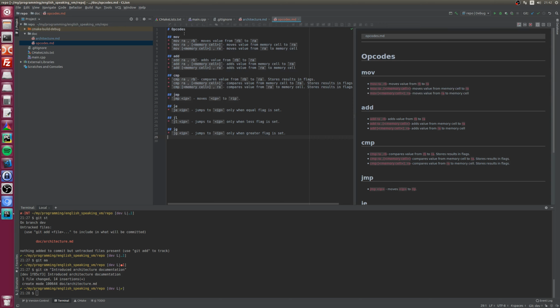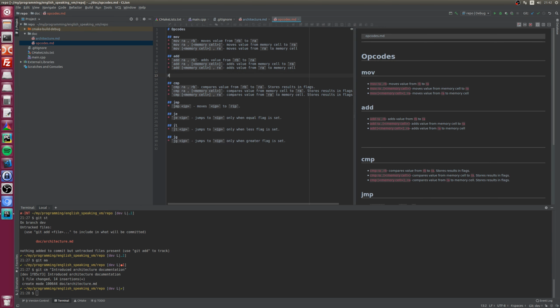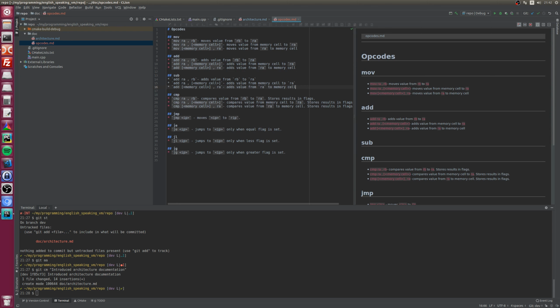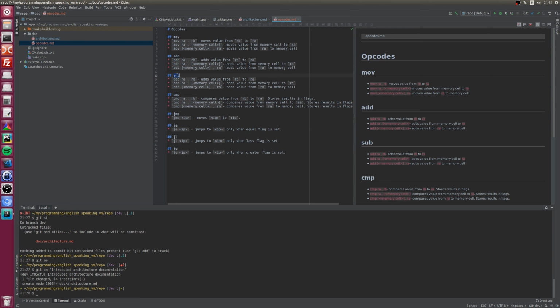Okay, so let's check whether we need to do anything more. Opcodes. Do we have move, add, compare? Oh yeah, of course. Sub, and copy paste.